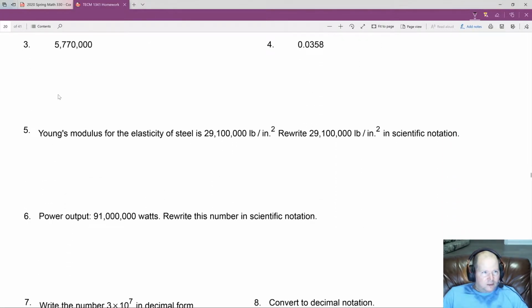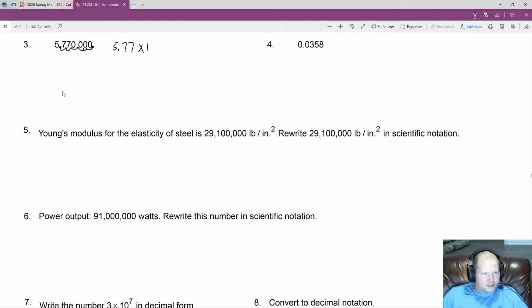All right, so we have a number over here. We want to put the decimal behind the first non-zero digit. In this case, it's going to be the 5, which is way over there in the front, so we have to move the decimal from behind. There's an understood or implied decimal right there. We're going to move it over 1, 2, 3, 4, 5, 6 places. And so we end up with